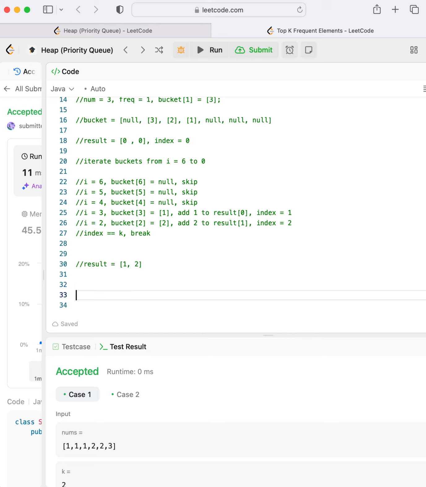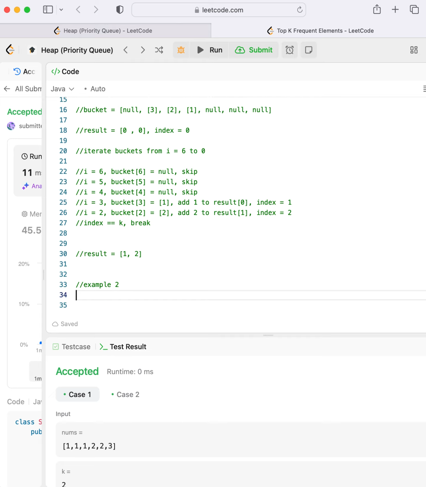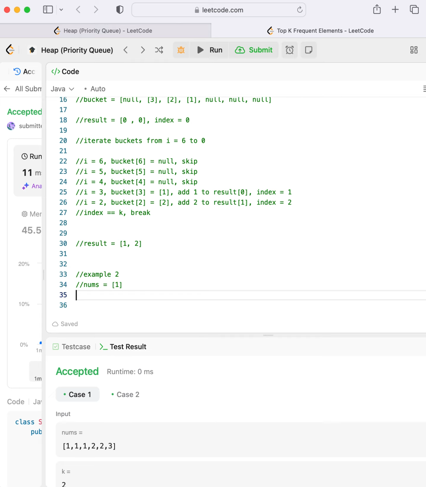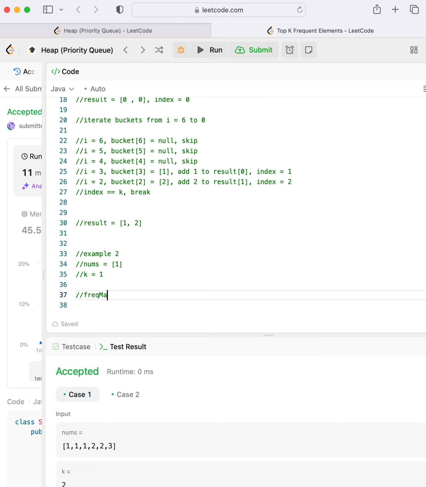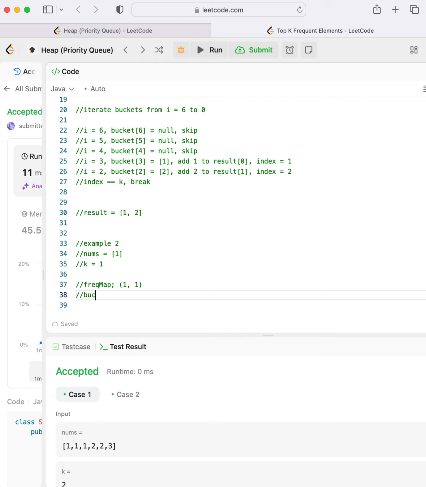And let me walk through the next example, example 2. So example 2 is nums equal to 1 and k equal to 1, and the frequency map is going to be 1, and the bucket is going to be